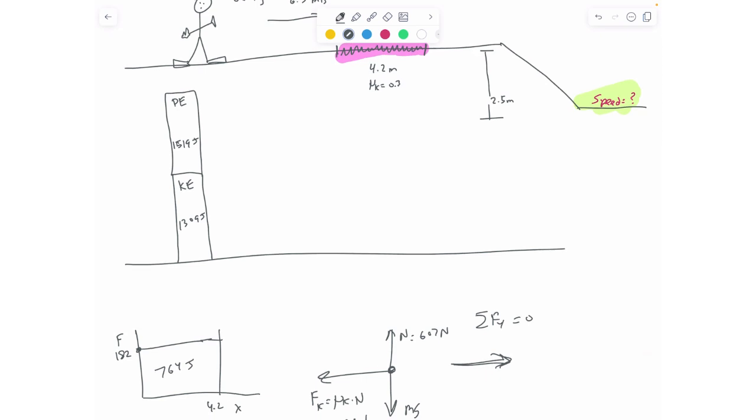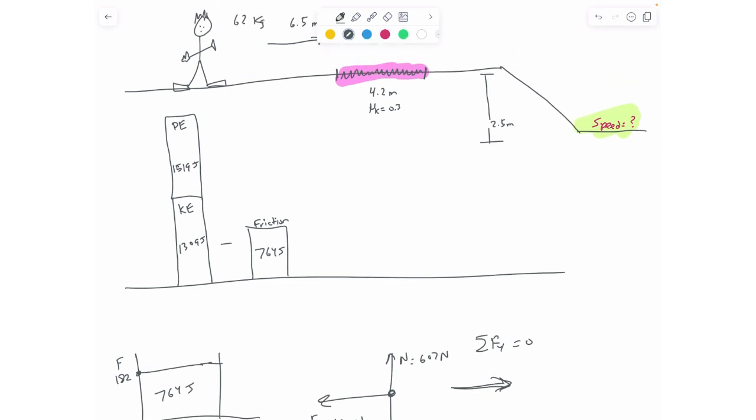So you have this kinetic energy, and you're going to subtract, like, maybe this much of it, 764 joules. Okay, that's how much. Then this is friction. The energy due to friction. Okay, and then once you've done that, then you're on the other side. So once again, this amount of energy is here. Then he goes across this. And now we've subtracted this frictional energy from the kinetic energy,